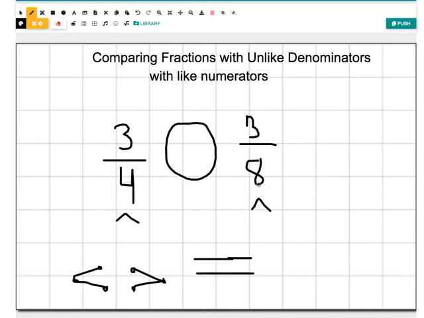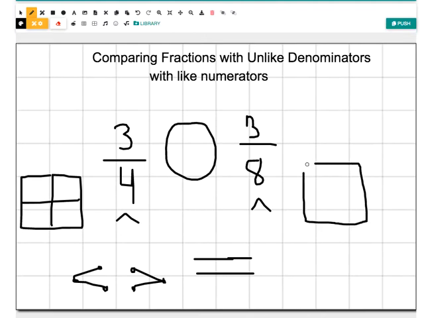So the denominator shows how many pieces an object or a set is broken up into. So if this is fourths, I'm gonna try to make them as even as possible for you guys. It's kind of hard on the computer. You don't have to draw this when you're figuring it out. I just want to give you guys a model to look at. I'm trying to make it kind of equal. So that's divided into 4. And if we have